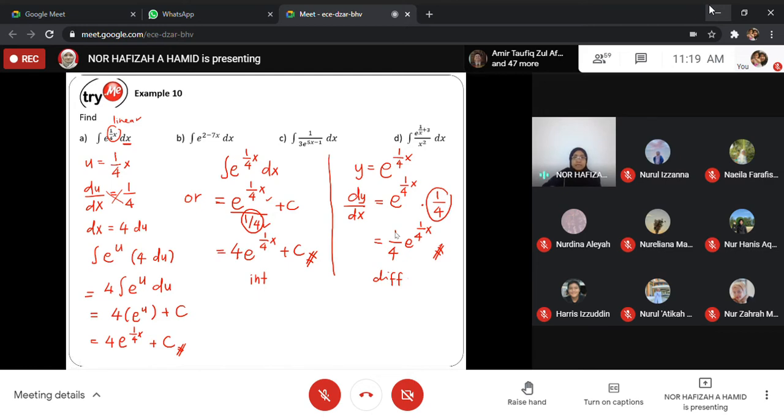Okay, next saya nak solve for B. Okay, B is we need to integrate e to the power of 2 minus 7x dx. Okay, so kalau yang B ni pun sama macam A, you boleh choose whether you nak solve using substitution atau you nak solve using formula. Sebab power for exponent ni is a linear. So linear maknanya ada two choice ya. First you can use substitution or